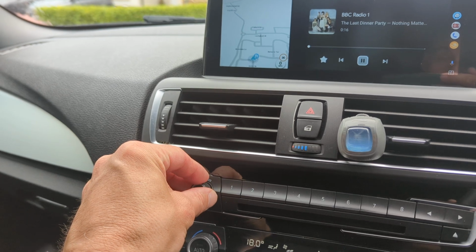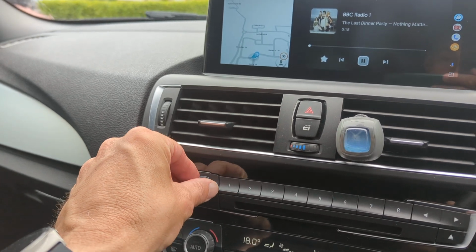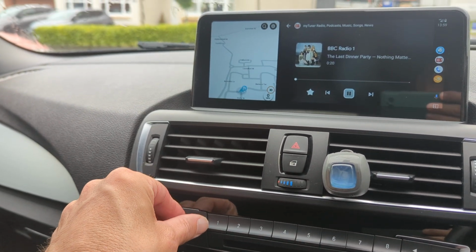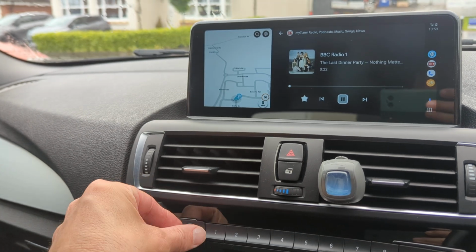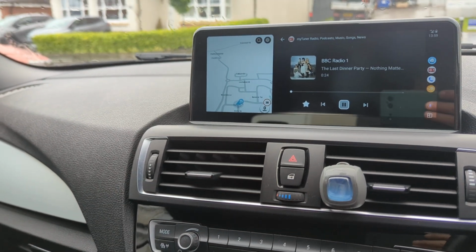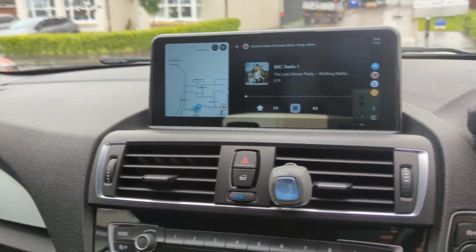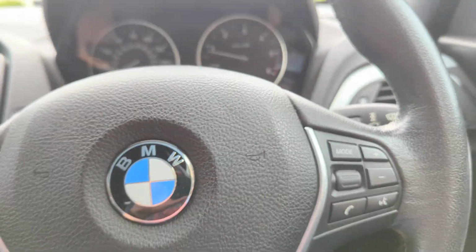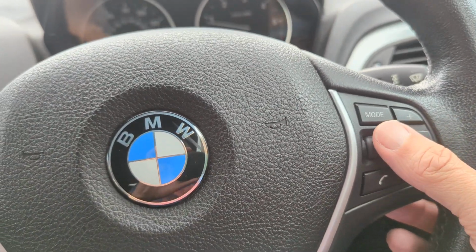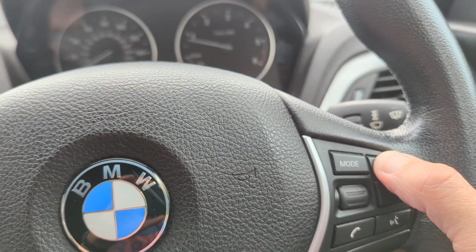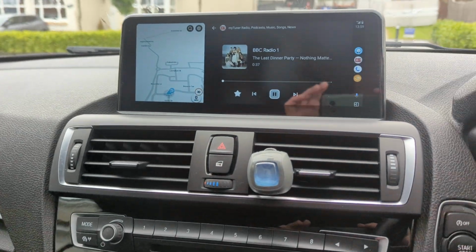One thing that you don't do when you change the volume, for example, is that you don't see it on the screen, but for me that's no particular biggie. You can use all the normal Android Auto things. You can use the steering wheel control, so if I want to change volume, for example, if I'm on something like